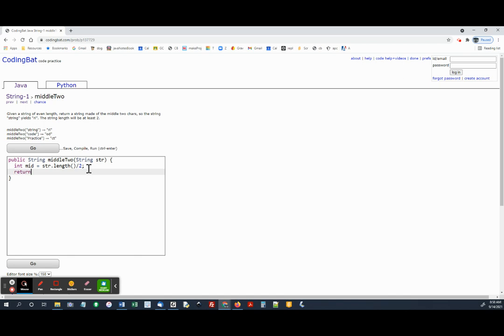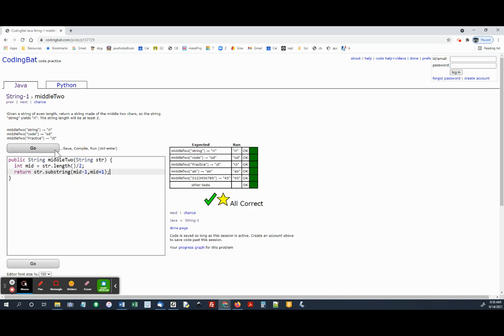And now we can return str.substring. And we have to do a range. We're going to say mid -1, mid +1. I'm going to try that. I think that'll work. We'll see. Yeah, there we go. I mean, you can get down on a piece of paper and figure out, okay, with a specific